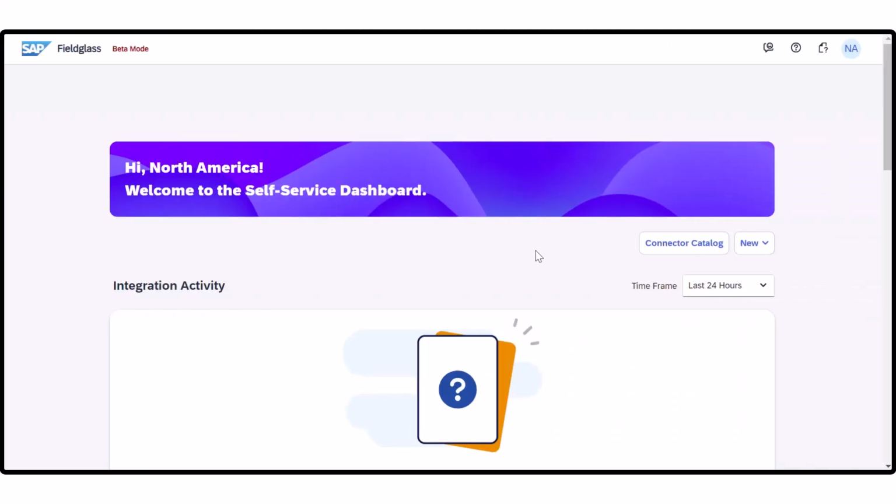Hello, and welcome to the SAP Fieldglass demo for updating columns on a connector. Today we're going to review the steps to modify and update the columns used in any of your SAP Fieldglass